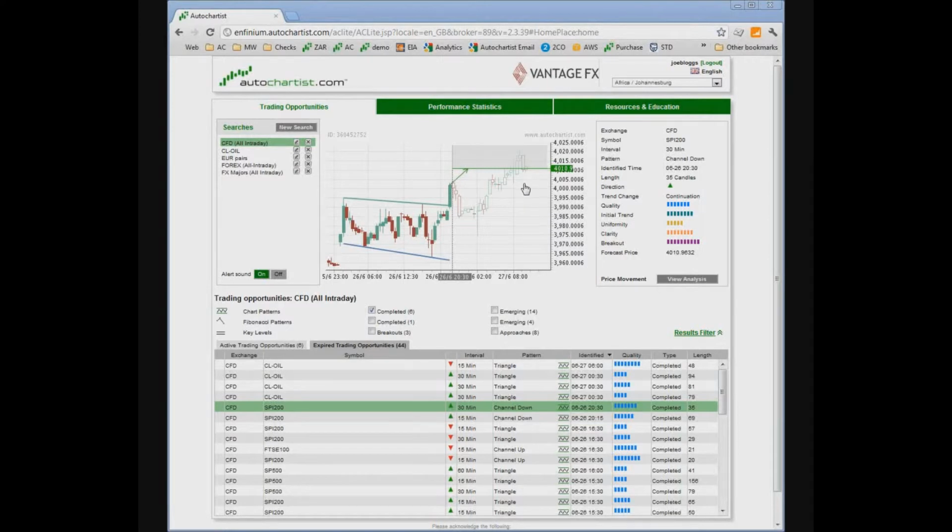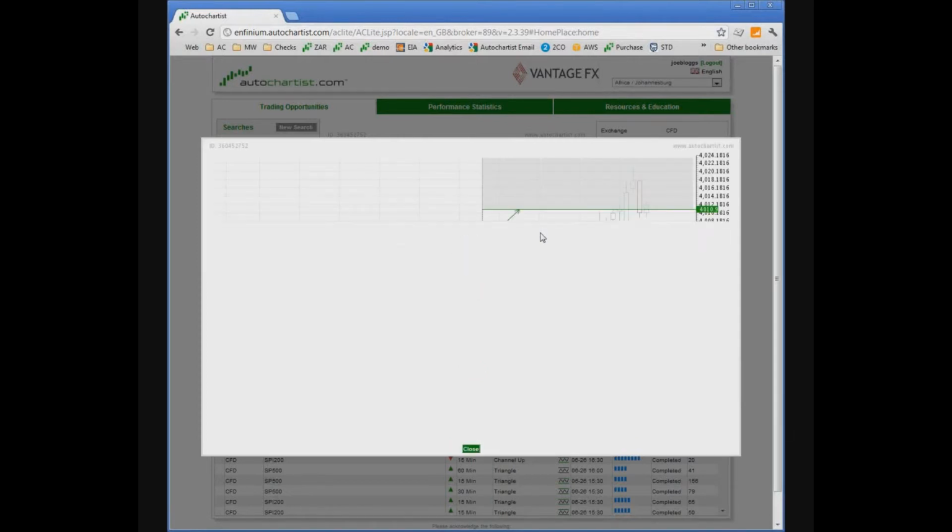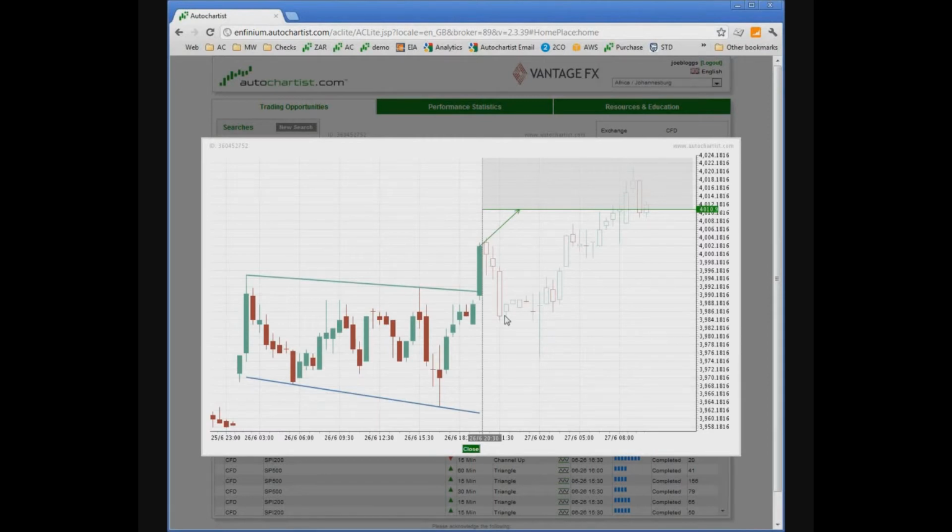Okay, here we have another situation. This is quite an interesting pattern where we had a very good, very strong breakout. We had a pullback, but the pattern didn't expire. We kept this opportunity as active until the pattern actually went in the expected direction again and reached the target